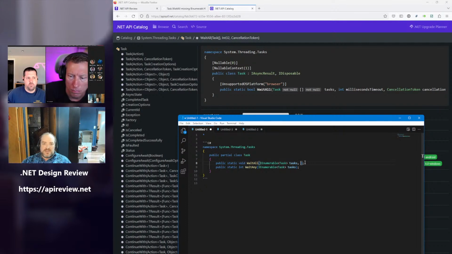I'm just looking at the WaitAll that has a milliseconds timeout and a cancellation token. Do we want to make it be that one, or do we want to just say if you want timeout, do CancellationTokenSource from timeout.Token? That requires a using. I would suggest that. That requires a using, so nobody will do it, right?